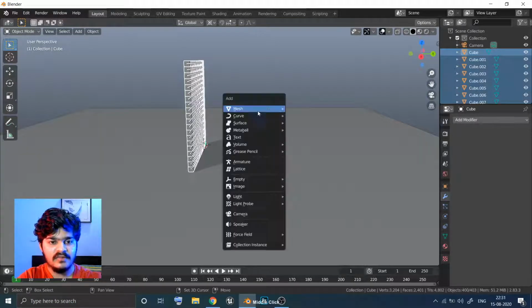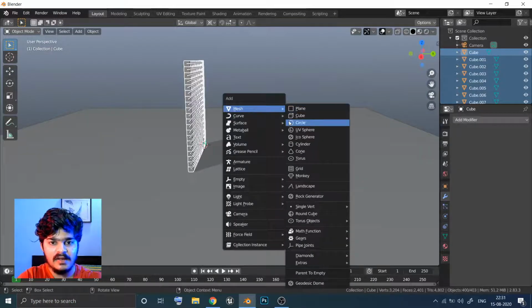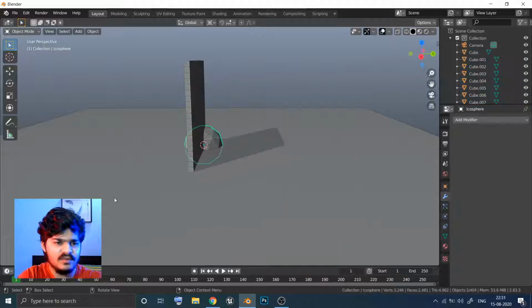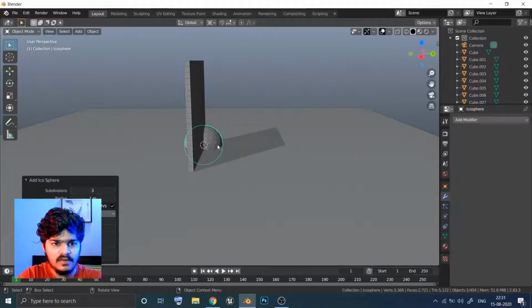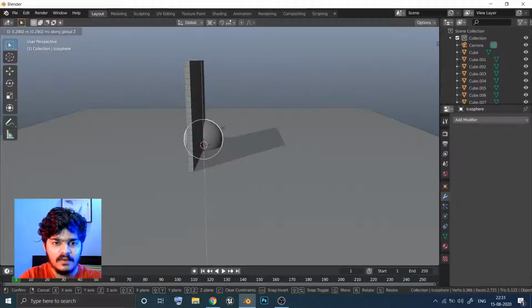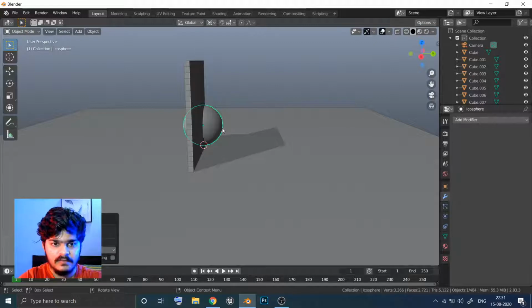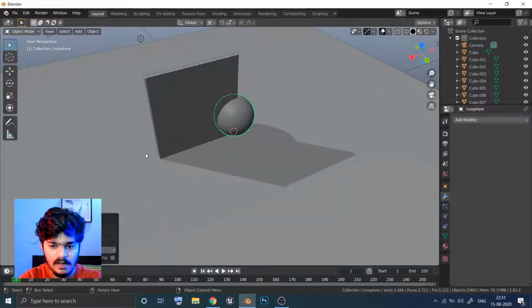Now we want a sphere, so Shift A to add a sphere, and we are going to use icosphere. No big reason why to use icosphere. You could have gone for a UV sphere as well, but it makes no difference at all. Okay, and we are just going to move it around here,